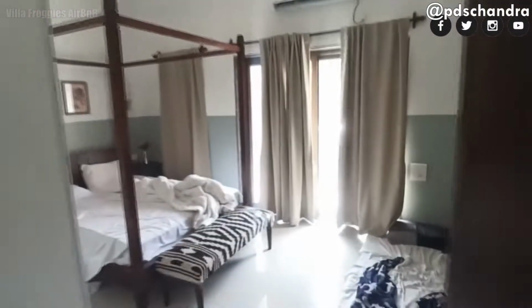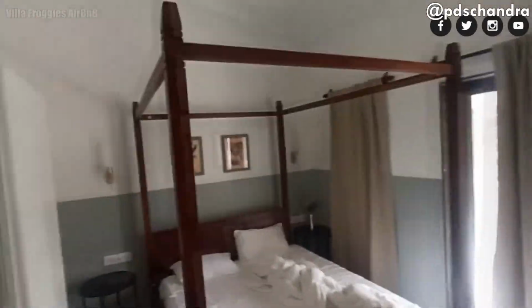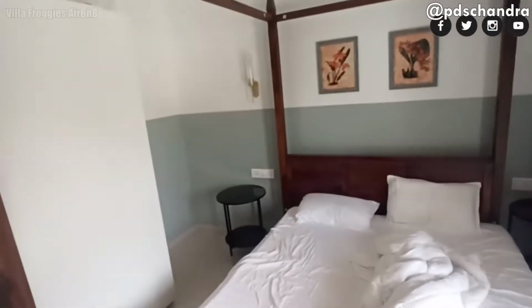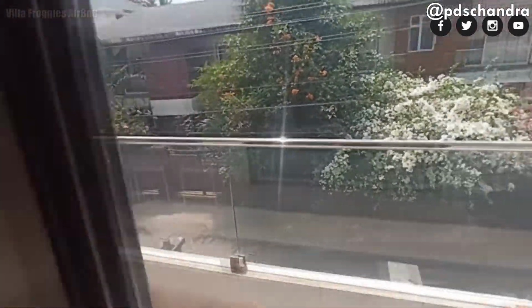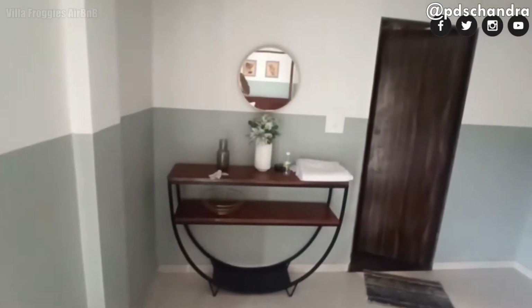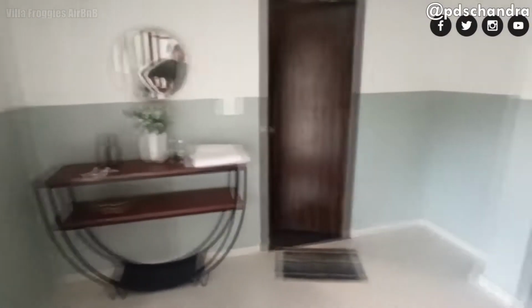And then this is the master bedroom. Nice, beautiful looking bed, and very spacious decorations, and there's a balcony which looks at the outside world, and of course air conditioned. A nice stylish table and mirror. The toilet,